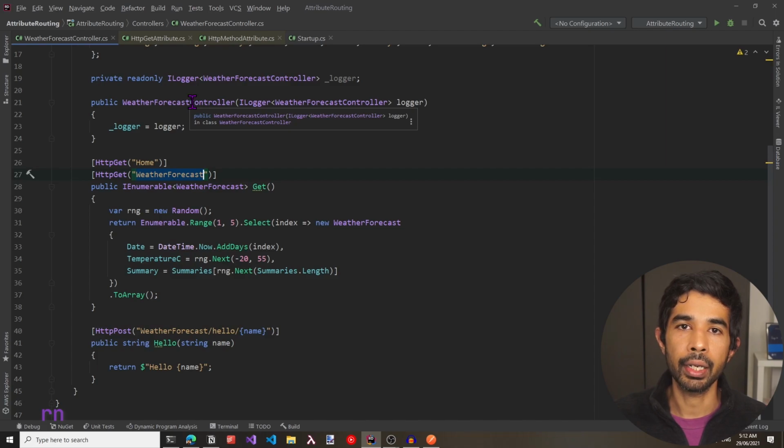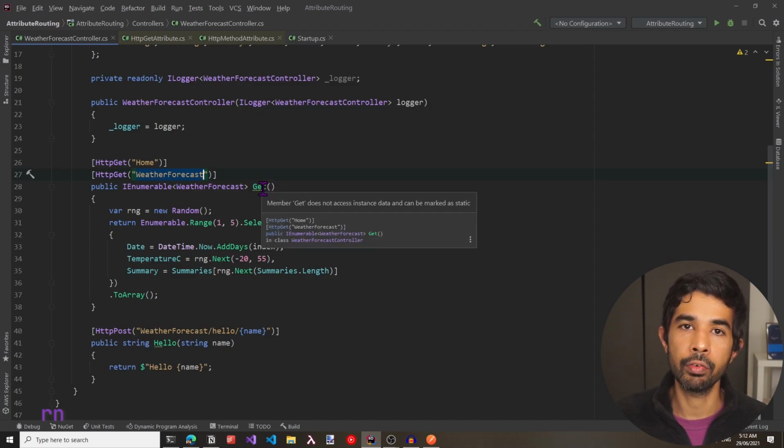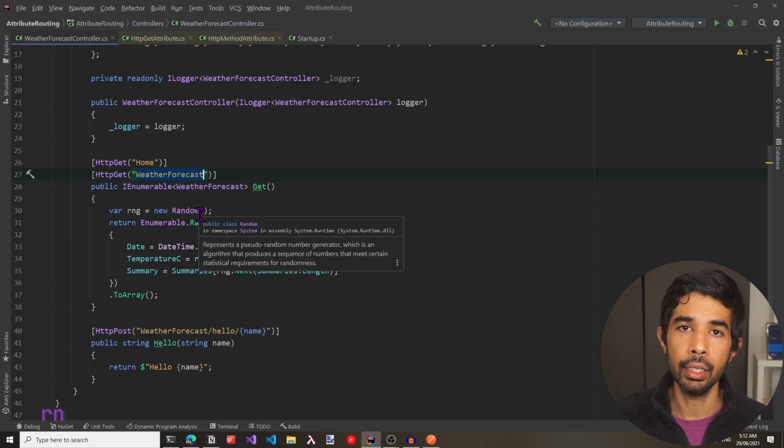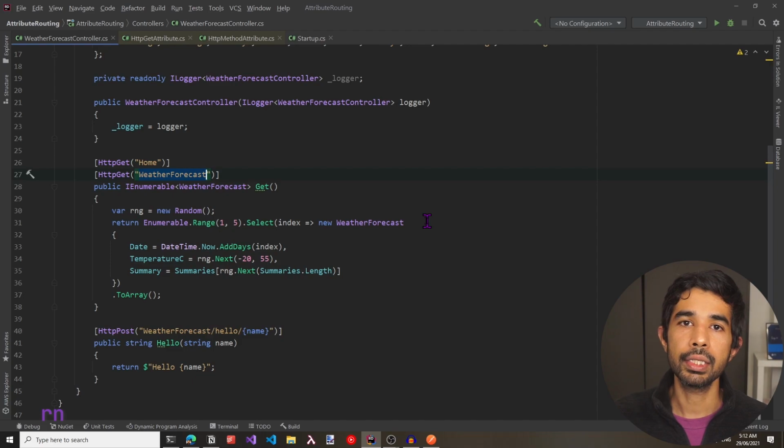Usually, it's a common practice to group related endpoints into one class. Like in this particular case, we might have a weather forecast endpoint which might return all the weather forecast, one for a specific city, or also which might allow us to add or edit weather forecast, depending on the application that we are building. In these cases, we will have multiple methods in these classes and we'll have to repeat these names. To avoid such repetition of the route templates, we can combine the routes at the class level and at the function level. Let's see how to do that.